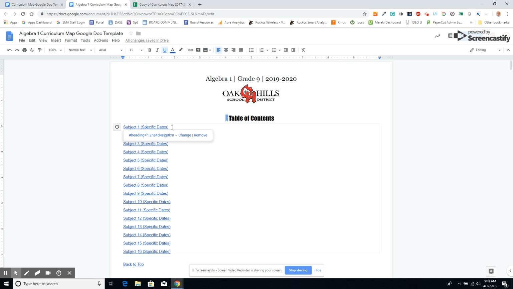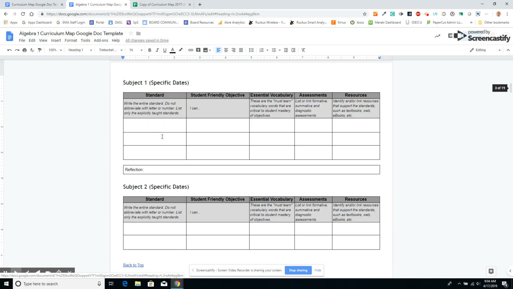So it's very important to know that we're not going to make the changes here inside of the table of contents. We're actually going to do that down below, and I'll show you where we make those changes and why we're not making those changes here and why we have to make them down below. So if I click on the link here, it takes me down to subject 1. We've built this doc template so there are 30 weeks or 30 content areas for you to come in here